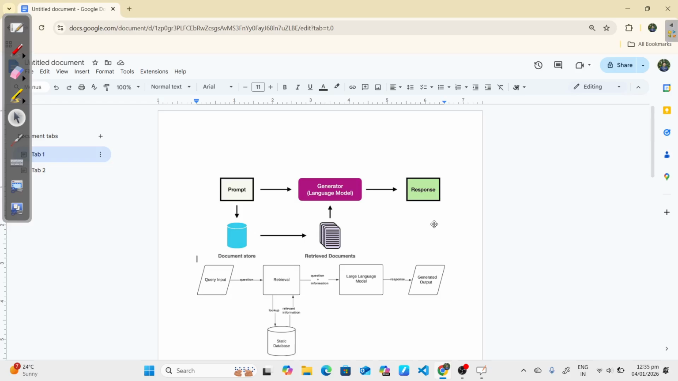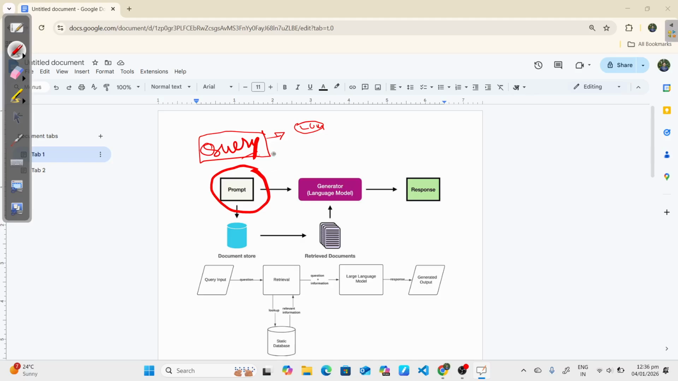So in this picture, you can see my cursor here. This is the prompt. Prompt means the query. Basically, in AI terms it is called a prompt. It is the query we use to communicate with the LLM. Suppose the user has a query, a prompt, and that prompt goes